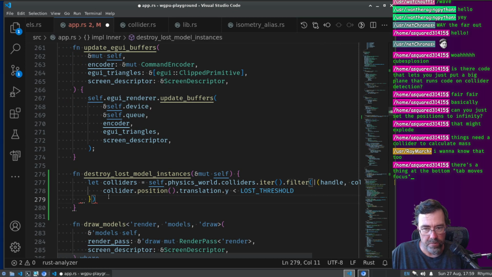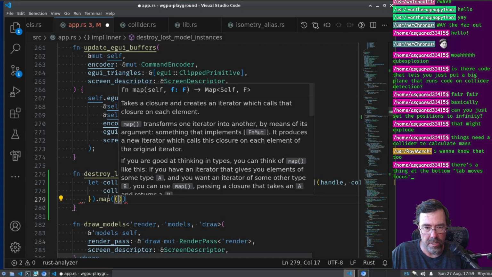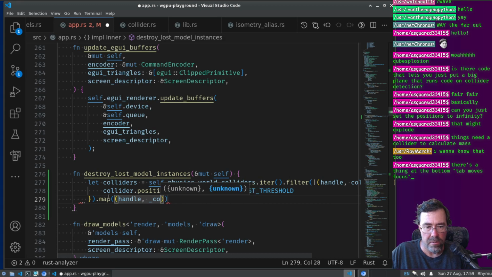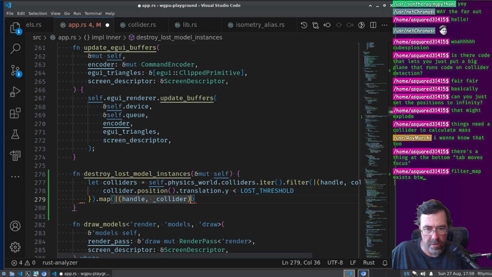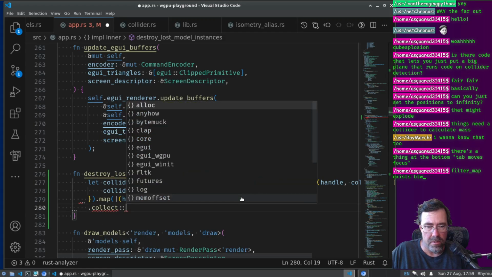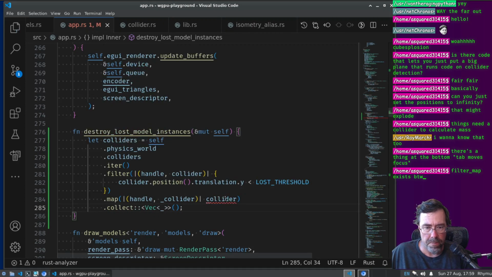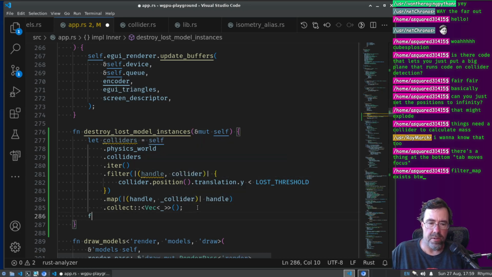that's the predicate for what we filter out. It was lower than that. Then I want to map it. I don't care about the collider. It's just a handle. Vertical bar there, and it's just collider. And then collect those into a vector. I put the wrong thing there. I want the handle. So I should get a vector of collider handles. There we go. So then we're just going to say for collider